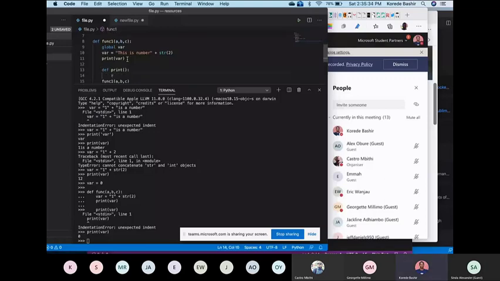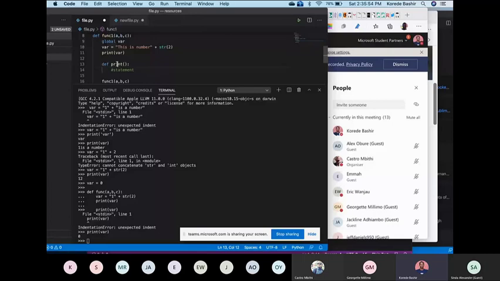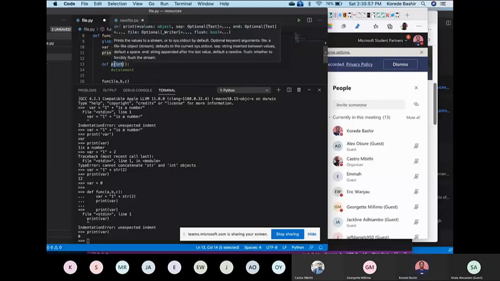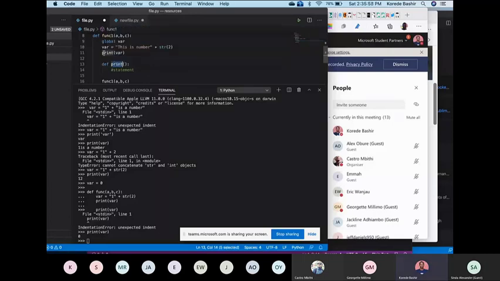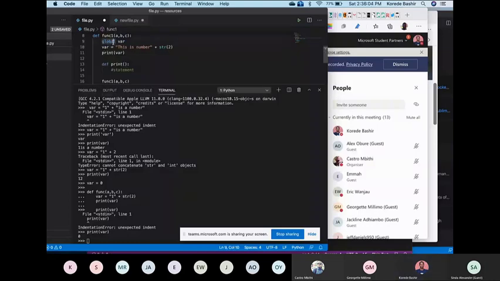And yet, to comment in Python, Python makes use of the hash symbol to comment out lines of code. So this print statement is the same thing as this in some libraries. So this print word here is a keyword, which you cannot use inside your code because it has been written as a function somewhere else by the maintainers or the owners of the software. So whenever this print statement gets called,